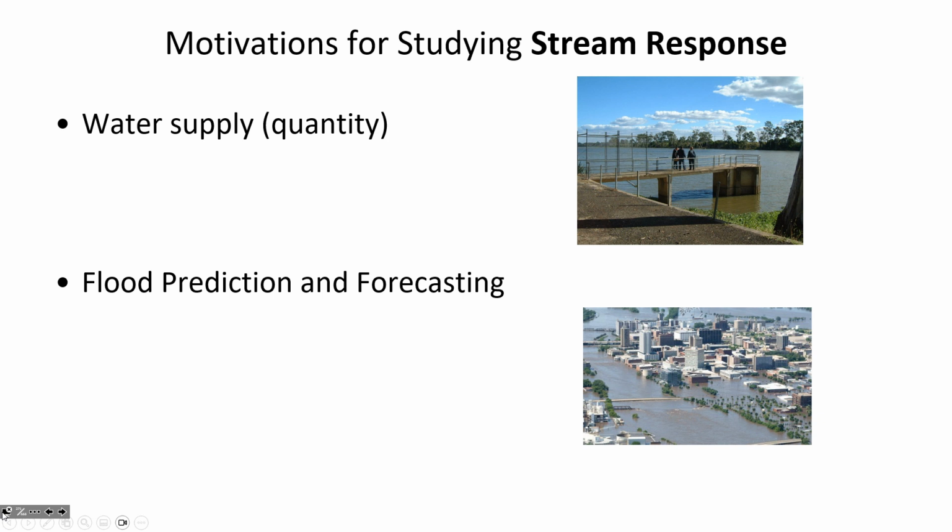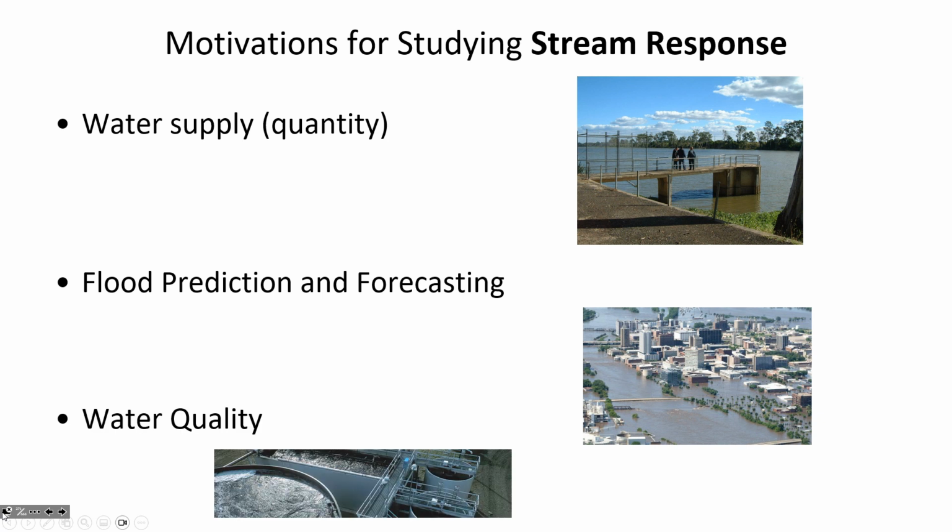And so when it rains in a watershed, there has to be some sort of a model to predict how long it will be until the stream levels or the river levels rise. And this is something that they're able to do with astonishing accuracy for the Ohio River. I don't know if you've ever watched the news or paid attention to websites that track the water levels of the Ohio River, but when it rains in Pennsylvania and Ohio, a watershed that is hundreds of miles away from here, they're able to predict within just a couple of hours when the water levels will crest in Huntington or downstream. So being able to forecast the arrival time of a flood peak is another motivation for